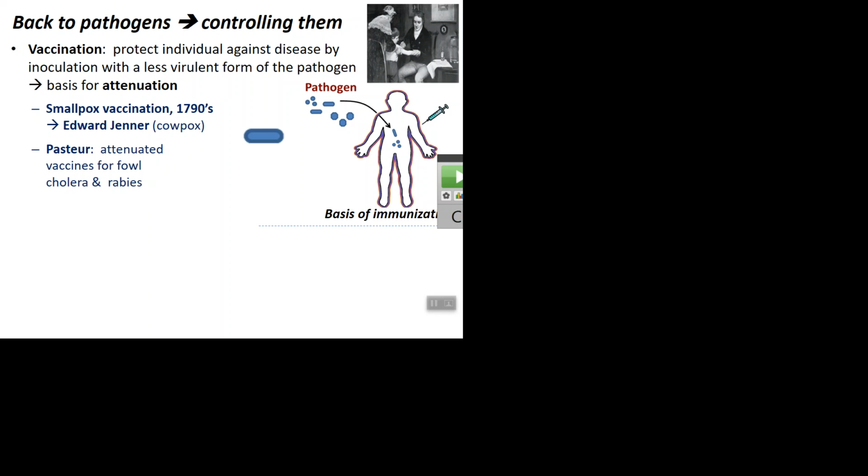So, obviously, once it was figured out that microbes can be the cause of infectious diseases, it's okay, how do we kill them, right? So then, of course, the focus is on let's get rid of these things that are causing suffering in humans. And the vaccination comes into play. And vaccination, the basis of immunity. So here we see a human, and we are putting some microbes into that human, and your body has ways of fighting this infection, okay?